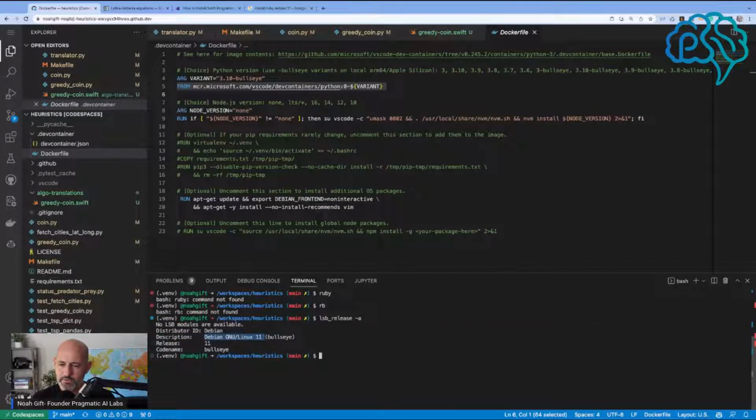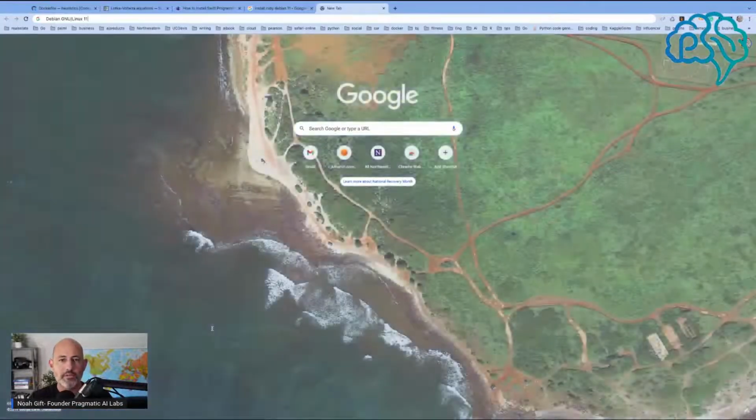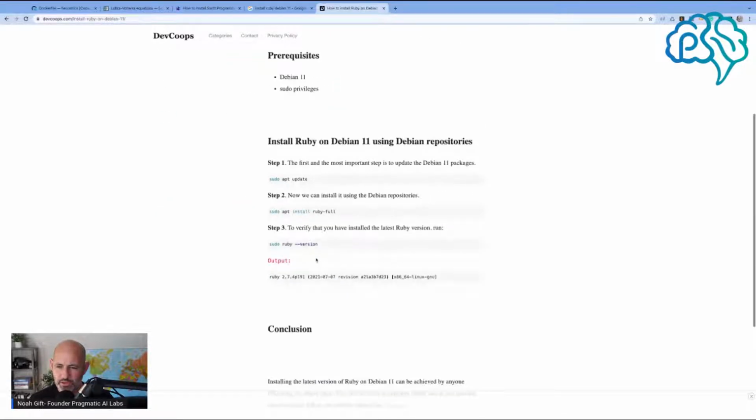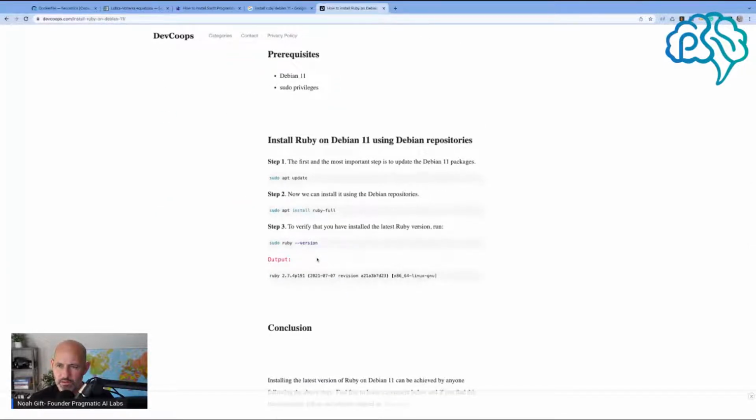Ruby. Let's see how hard that is. Debian 11 Ruby, install Ruby on Debian 11. Is this super tricky? Oh, okay. Well, maybe that's easy. So let's